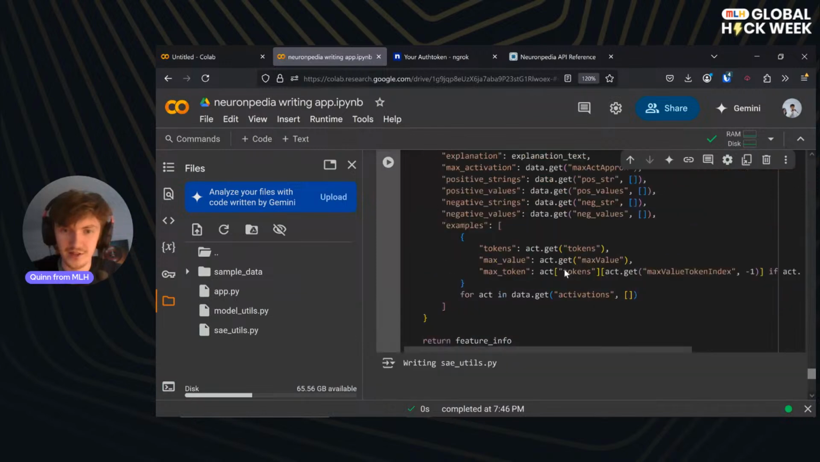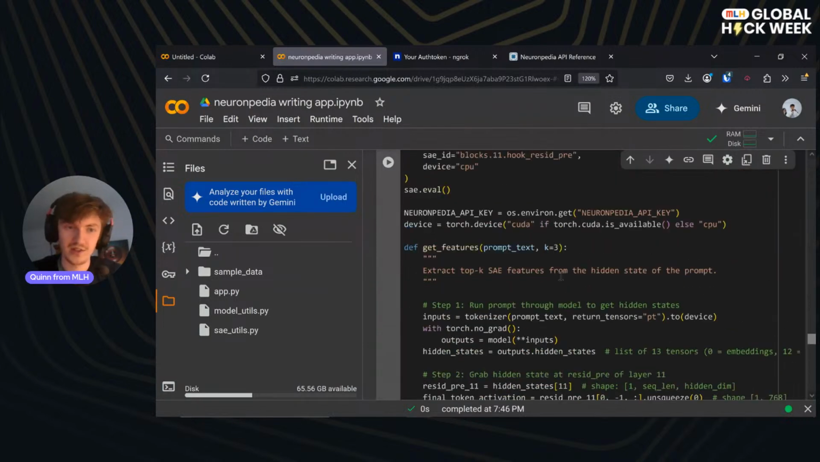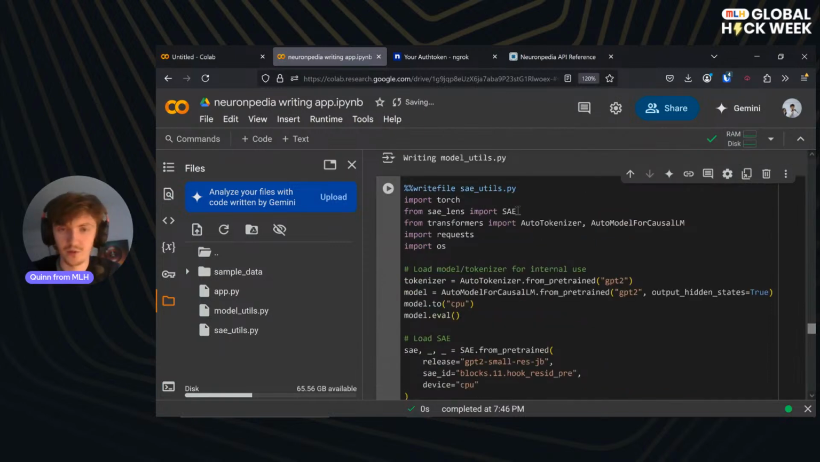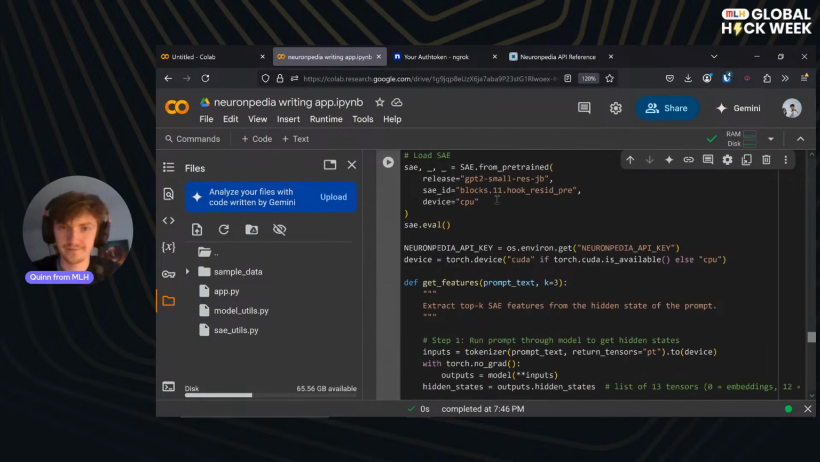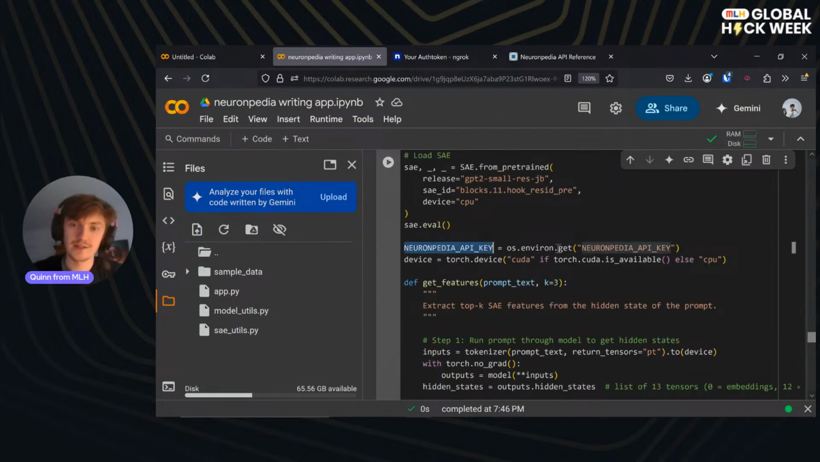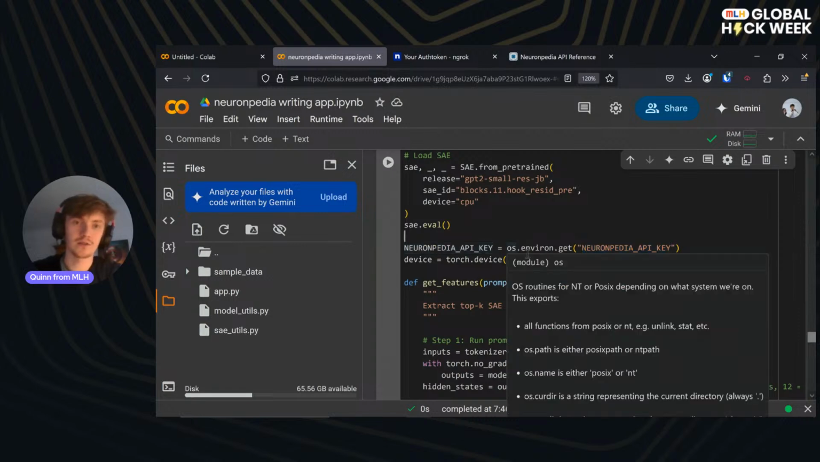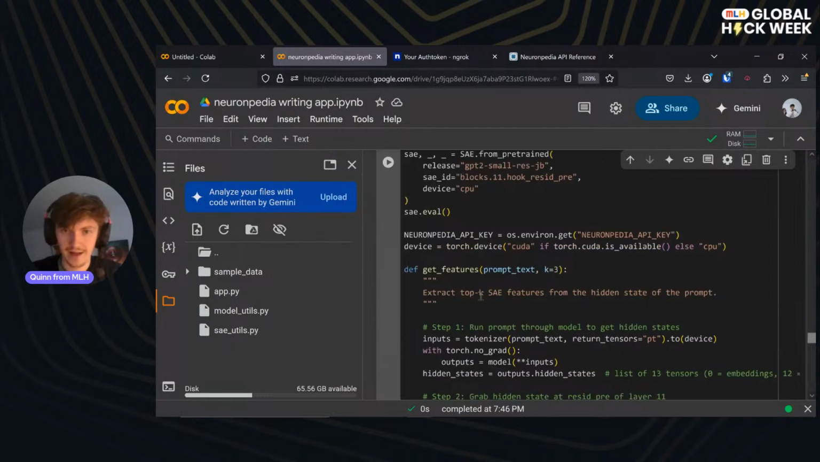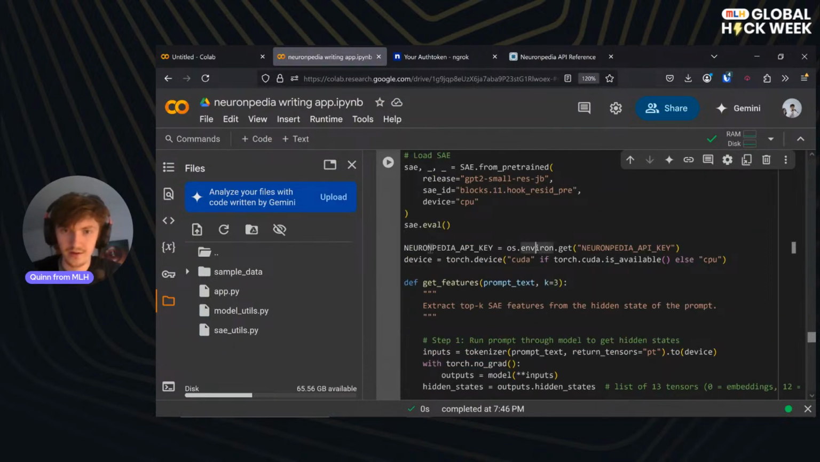So all we're doing again is defining these functions to be called in the main app. So these are utils, right? And you can see here we do the normal loading of the SAE, pre-trained in the same way as before. The only thing to point out here that's different, and I really want to highlight this, is that to get the API key, you can no longer access secrets, because when the app is running, it needs to interact with your OS. So I've imported OS up here,